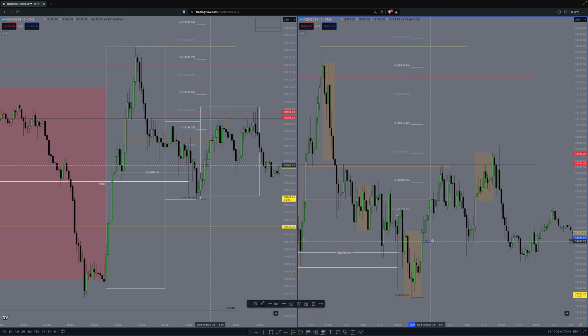Yeah, let me mark it out. Boom. And also we have this immediate rebalance. So the low of the wick comes in at 6550. What's this? The opening of this candle?